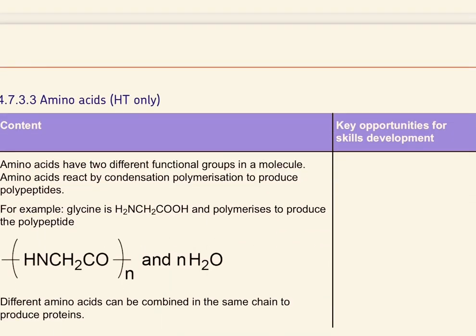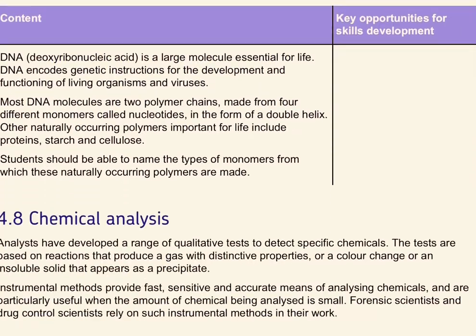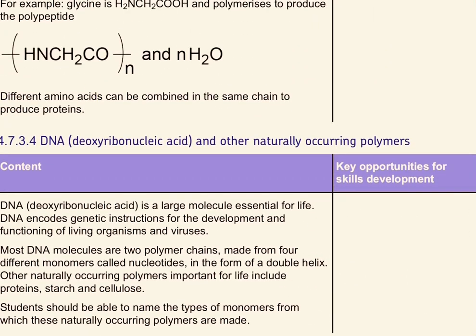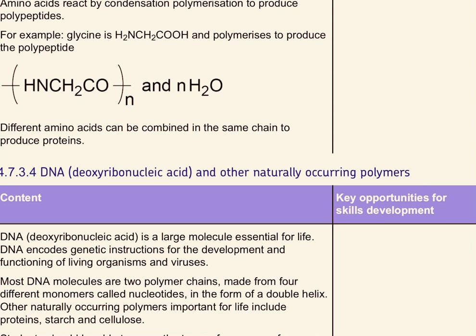Finally, 2 real-life examples, and then we're done. So the 2 real-life examples are amino acids and DNA. Deoxyribonucleic acid. It's a large molecule essential for life. DNA encodes genetic instructions, and yes, it is okay to just read off the book sometimes. So feel free to pause the video and